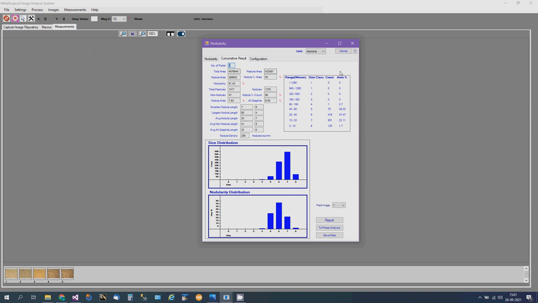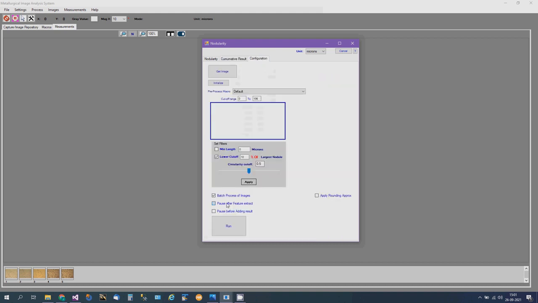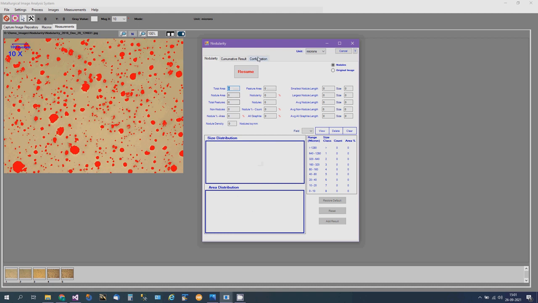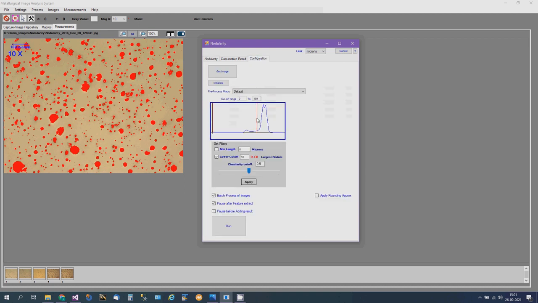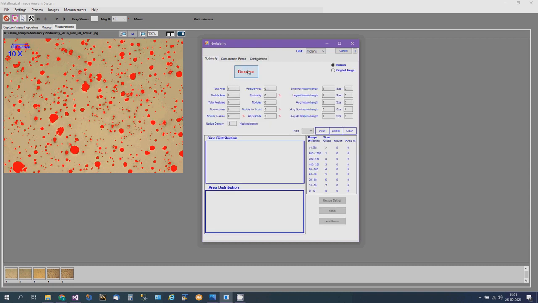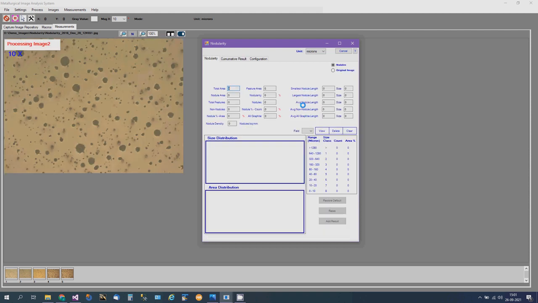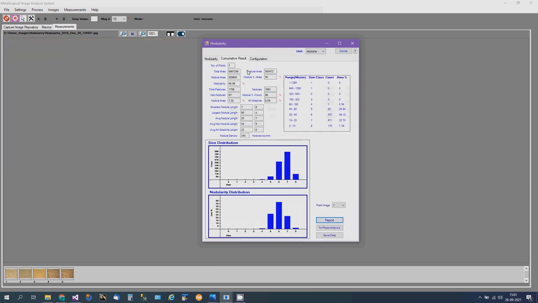Here I can also pause after feature extraction, where I can adjust the thresholding. If I put a pause, you can see that it will pause here. I can come here and make any adjustments in the thresholding. I am still in batch processing. I resume it, add the result, and open the next image and pause here. If it is okay and I don't need any adjustments, I can resume.